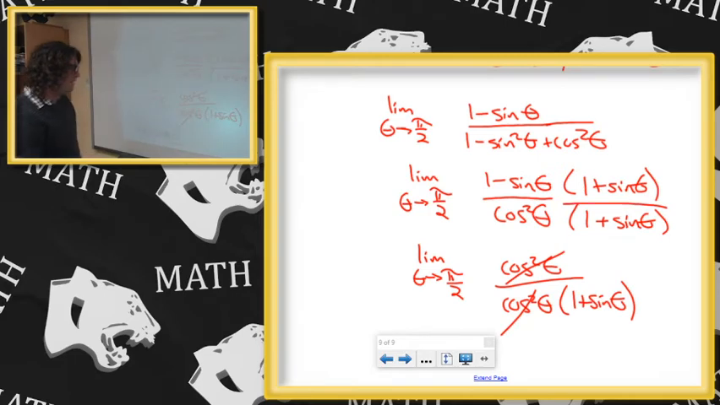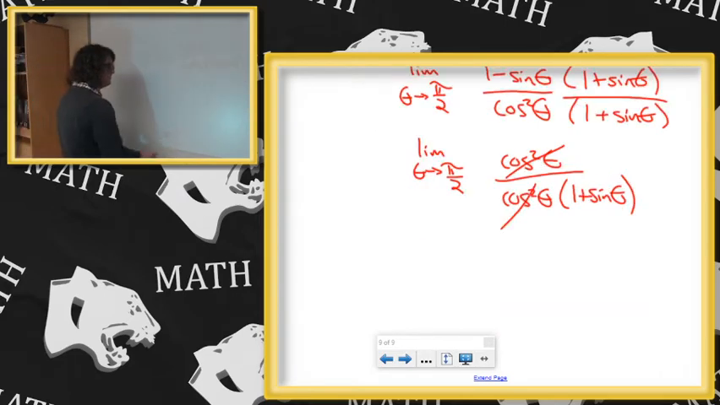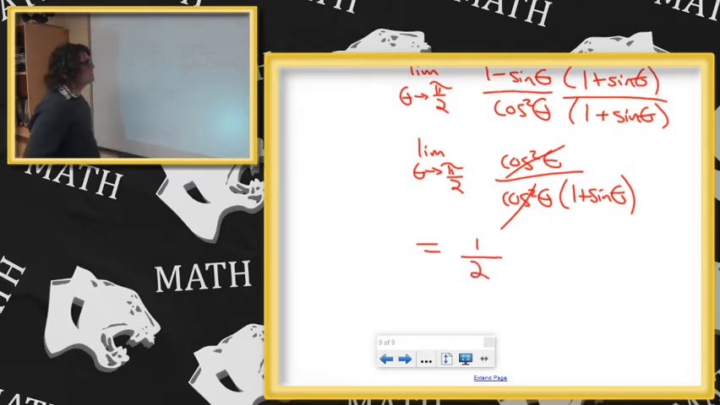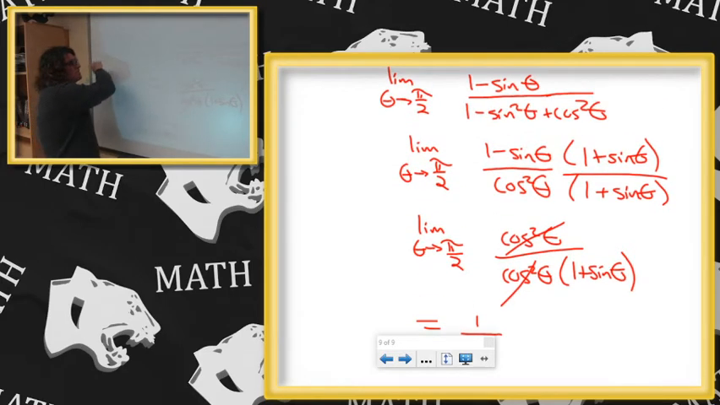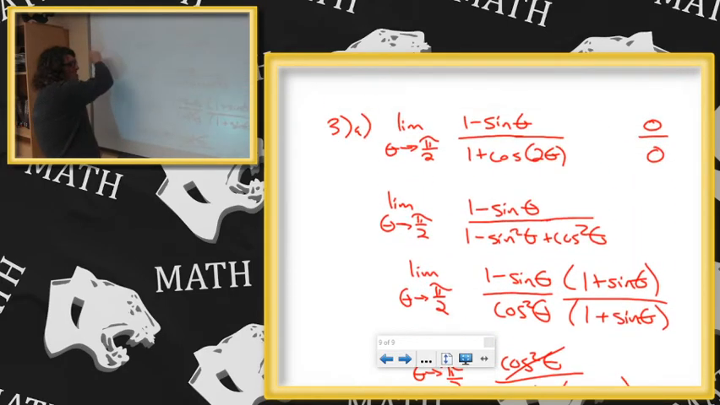And so sine of, excuse me, sine of pi over 2 is 1. So this is 1 over 2. So it looks like this is going to approach a value of 1/2. Now, not that you have to do it this way, but just to see what it would look like